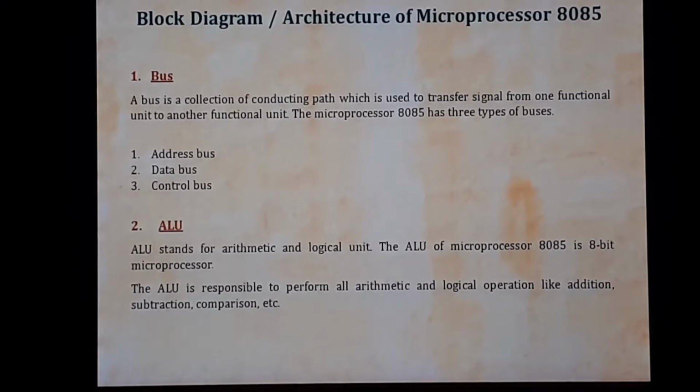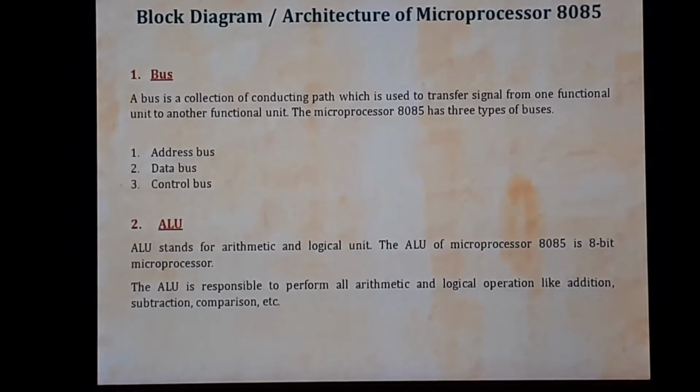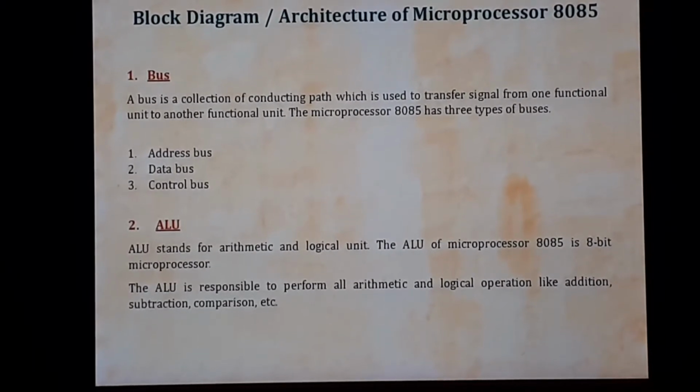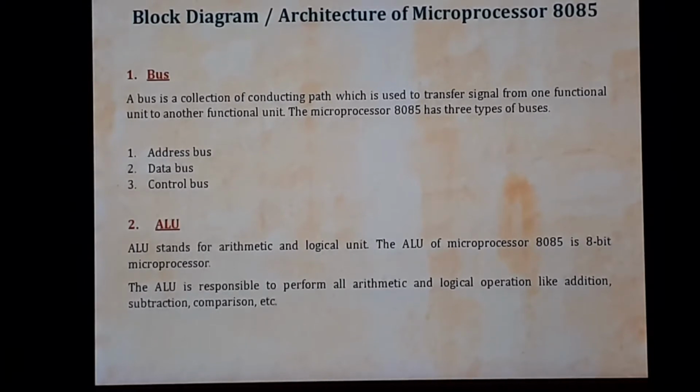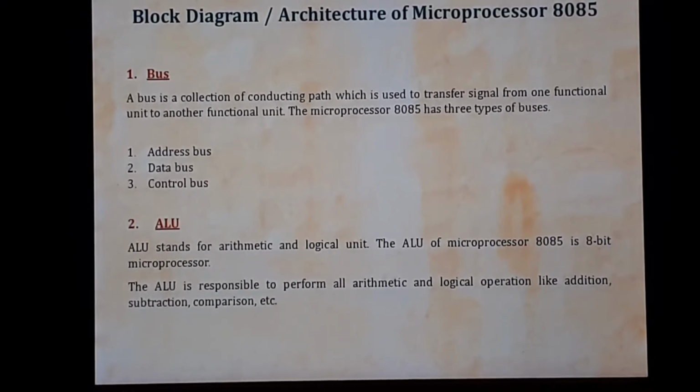So there are 3 types of bus. Number 1, address bus, which tells you the path of where to send the data from the kit to which of the instruction. Number 2 is data bus. Data bus will actually send the data. Address bus will only show the path. Data bus will actually start flowing the data to that particular instruction. And number 3 is control bus, which will control both of the buses, that is address bus and data bus.